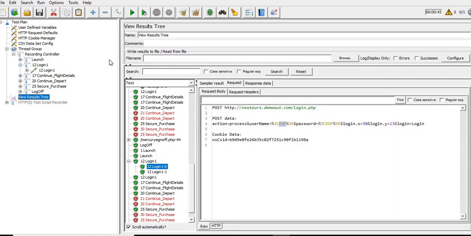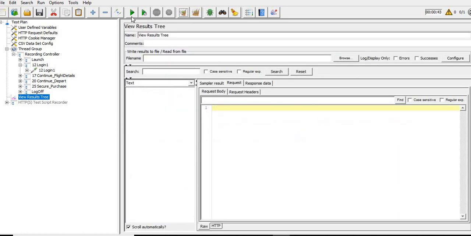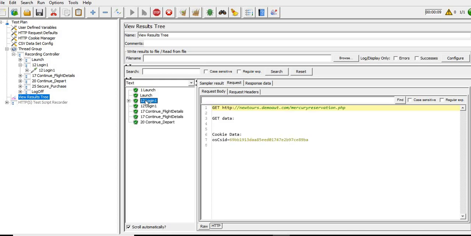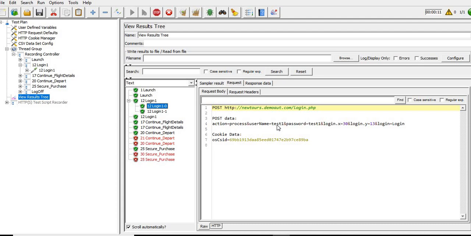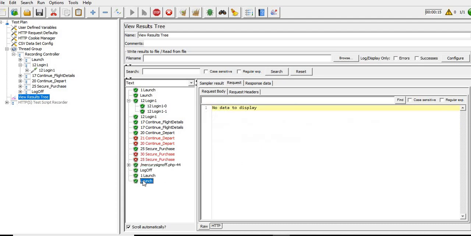Iterations are 4. Will it execute 4 iterations or 2 iterations, or what will execute? I'll show you. Execution started. You see, for the first iteration I got test1 and test1. For the second iteration, what did I get?